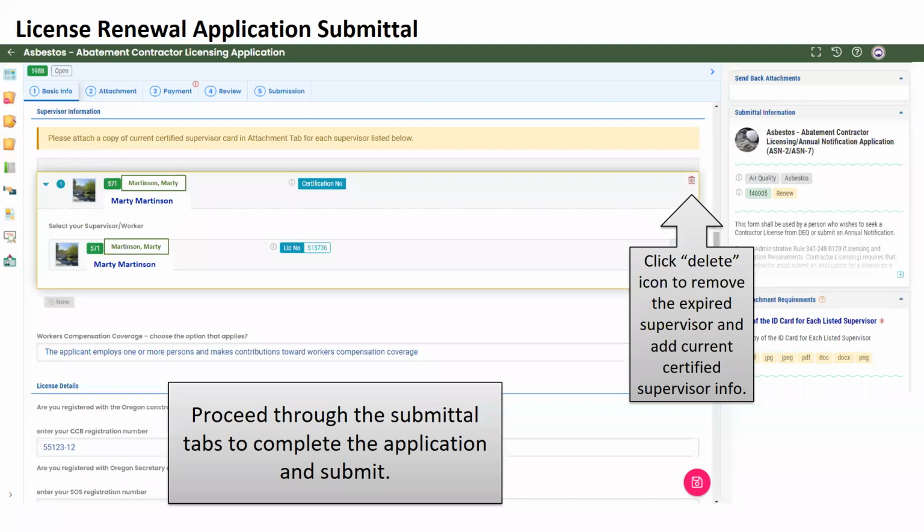So it sounds like if you're trying to become a DEQ abatement contractor, this is the right place, but you also need someone in a supervisor position. Correct. Okay. And is there separate training for that? Yes.